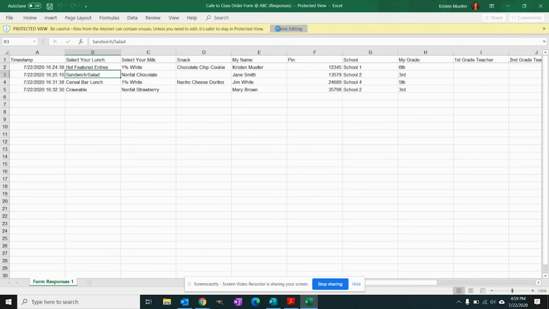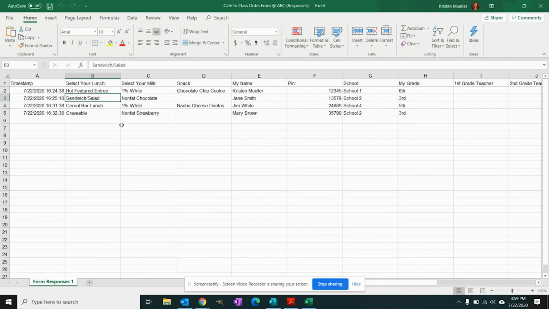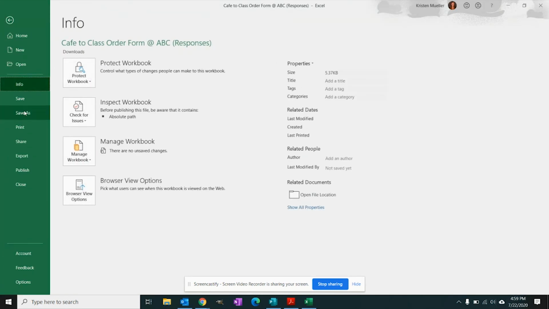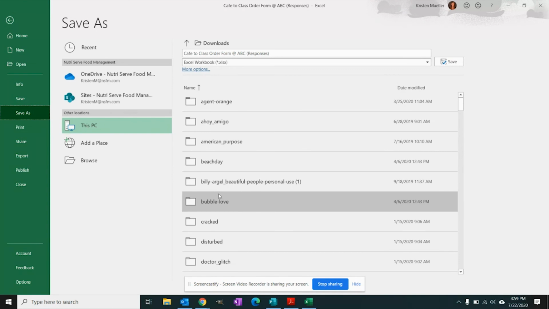So we can see that this is your typical Excel spreadsheet here. It has all of the responses for the day. So once you're done with all of your orders for today, so let's say today is July 22nd, I'm going to go to the File, Save As button, and I'm going to name this the actual date so that I know what orders were placed on this specific day. I'm going to save that